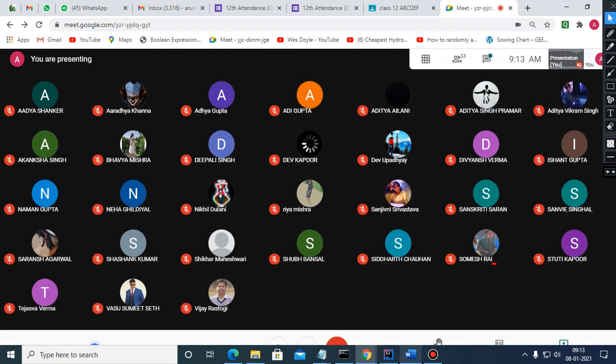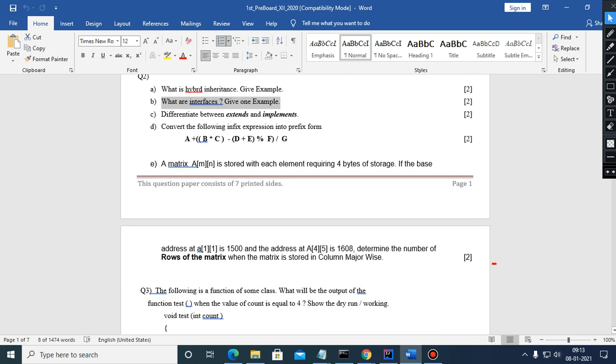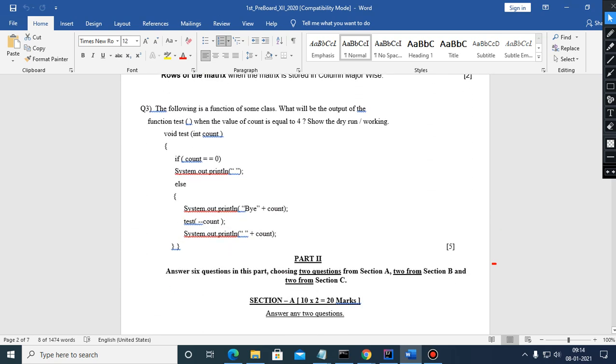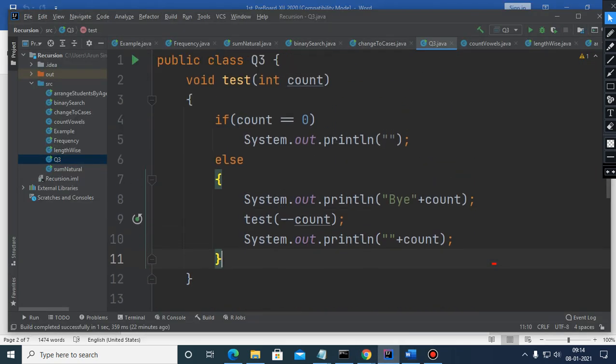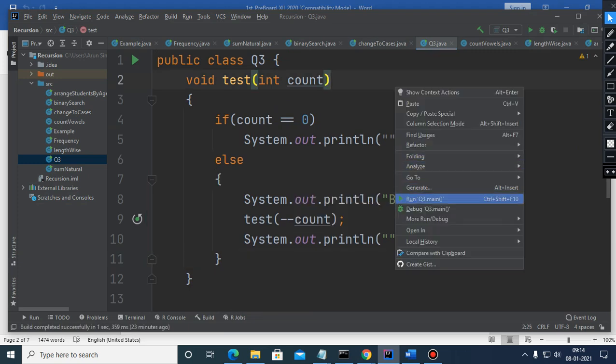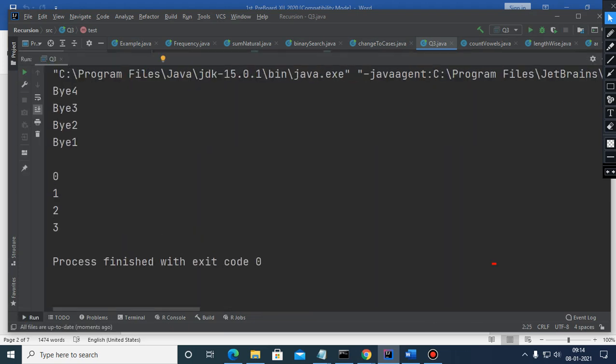Okay, now we want to move on to the next question, which is the output based question. Children, I don't know what the problem is with recursive functions. Most of the children, a few children have done it correctly, but a few have not. So this is the question, and here is the answer. So the output is: one line has been inserted in between, by 1 and 0.